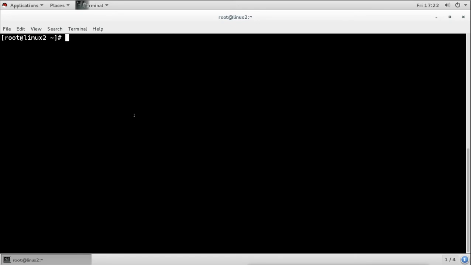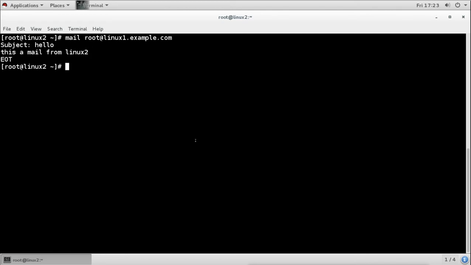Now from here, I want to send mail. I will use the same mail client tool, and I want to send the mail to the root user of the other system. This is Linux 2, and I want to send mail to the root user of Linux 1. When I press enter, it asks for the subject. I will say "hello", and the message is "this is a mail from Linux 2", and then I will save it.